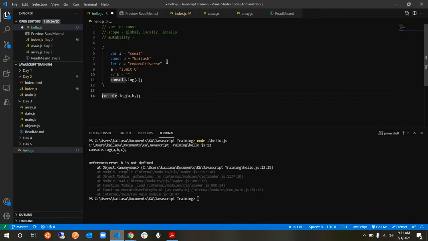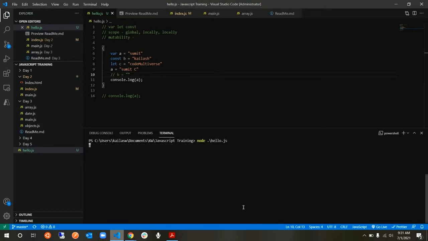We are already done with the scoping, so I'm just going to remove this, but still add it so that we can check it later. Now you are changing A within the block. Let's see if it has changed. You see that it has changed.